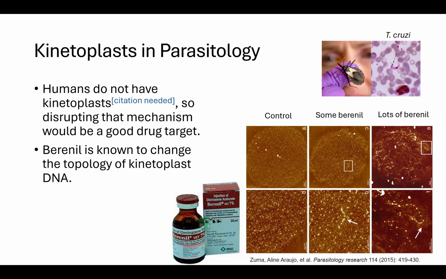So there's a drug called Baranil, which does this. I think it's mostly given to horses, but actually don't quote me on that. But it's known that if you look at the kinetoplasts of Trypanosoma cruzi, which causes Chagas disease, it's been treated with this. It changes the topology of the kinetoplast network. So basically you get these fibers of excess DNA linkage forming within the kinetoplast, that kind of increases as you give them more and more of this drug.